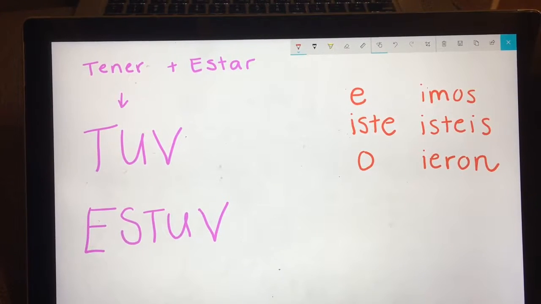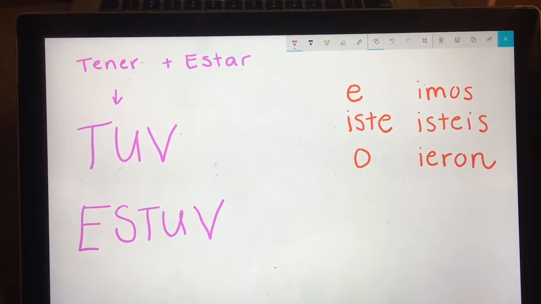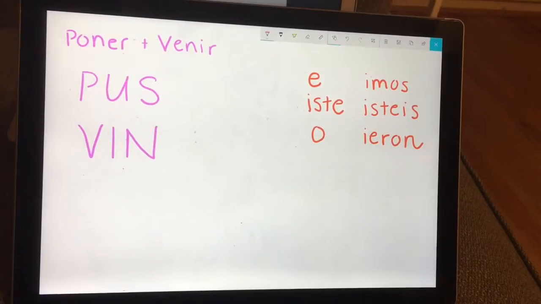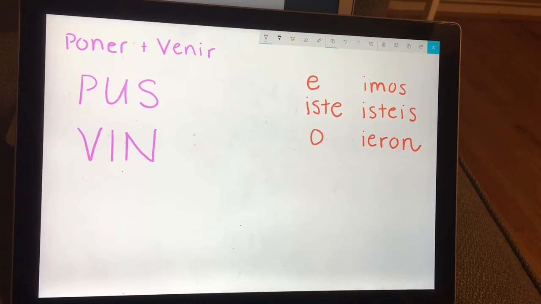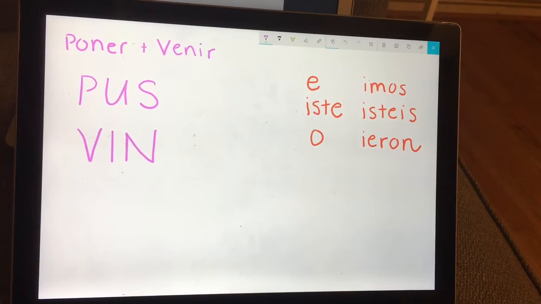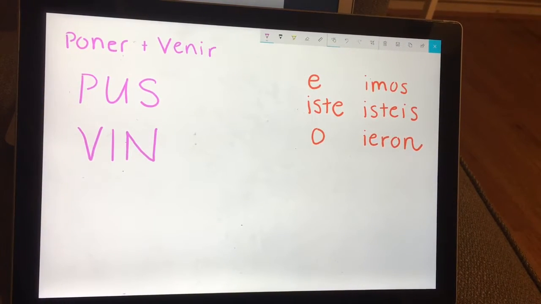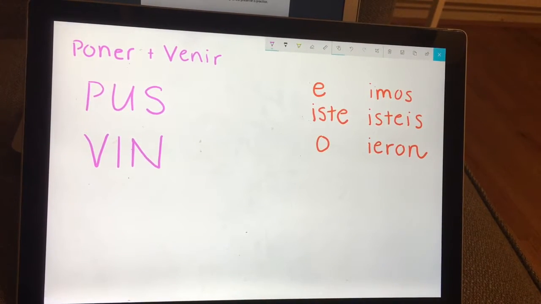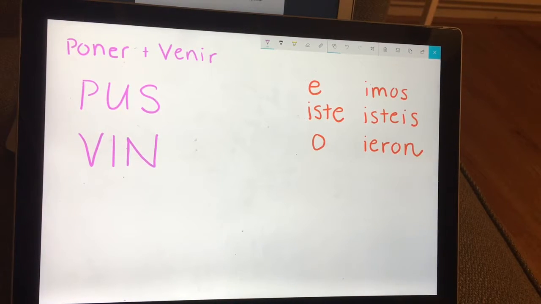I didn't add andar here, which means to walk, but andar is also another one that behaves the same way. It goes to anduve. So the next two verbs that we're going to examine are poner and venir. So poner means to put, and its stem changes to pus, and venir means to come, and its stem changes to vin. So for example, if I wanted to say, I put my clothes on yesterday, me puse mi ropa